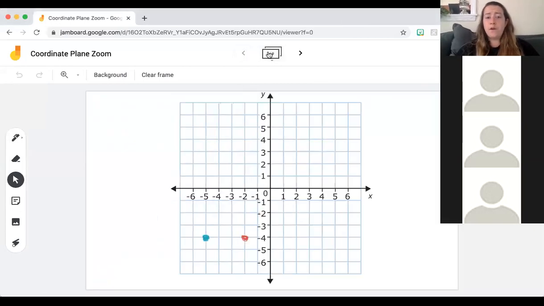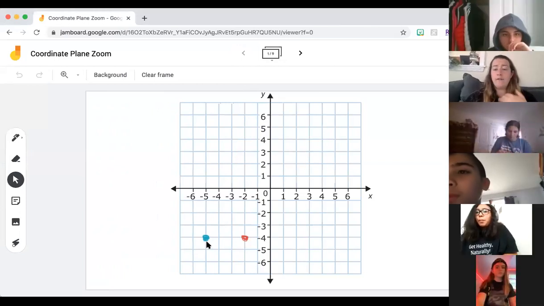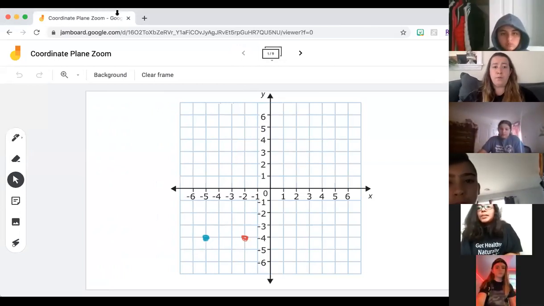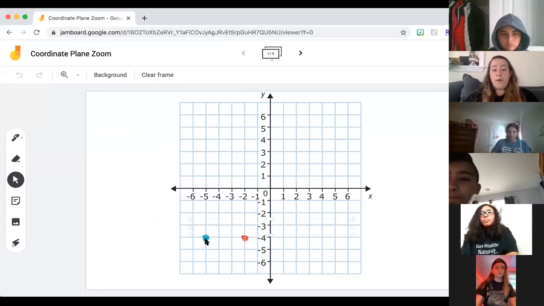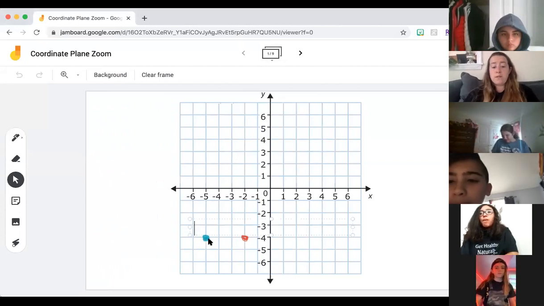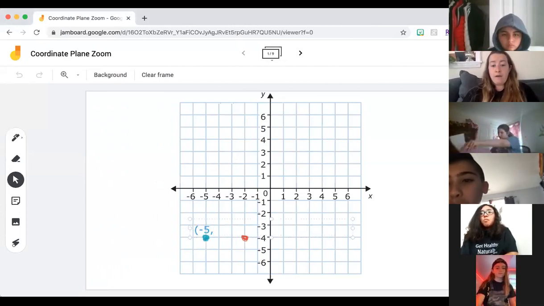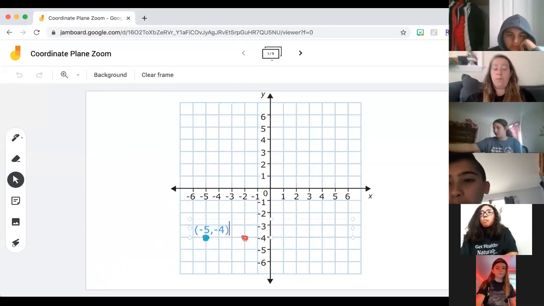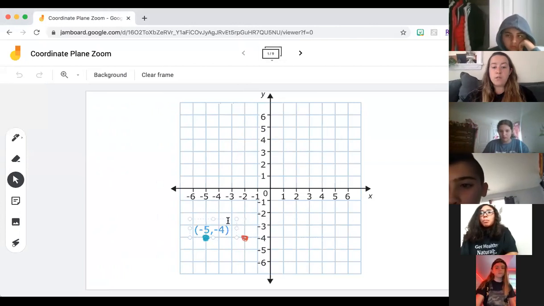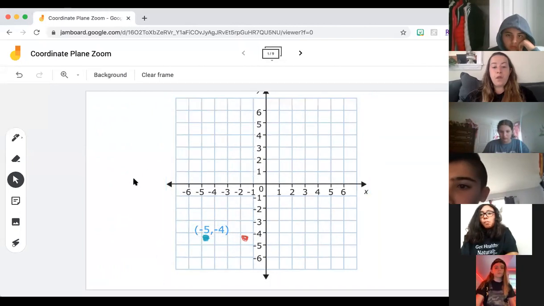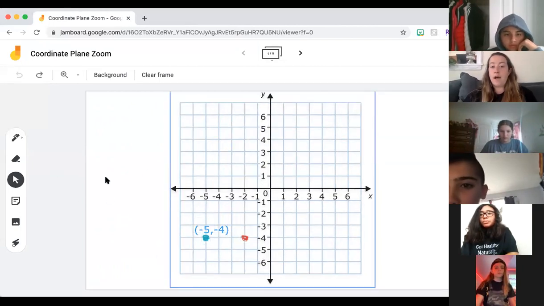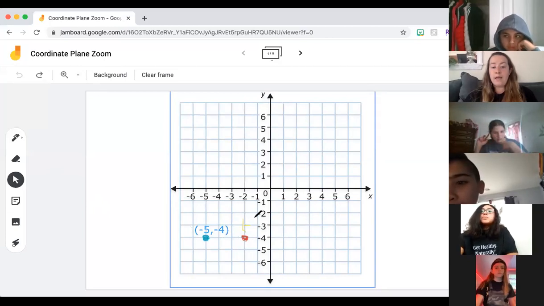So the first example here, I have this blue point and I have this red point here, okay? So this point would be (-5, -4). A couple things to be careful of. You want to make sure you use the parentheses when you're naming points, and you do want to put the comma in between them. So that blue point is (-5, -4), and this red point would be (-2,